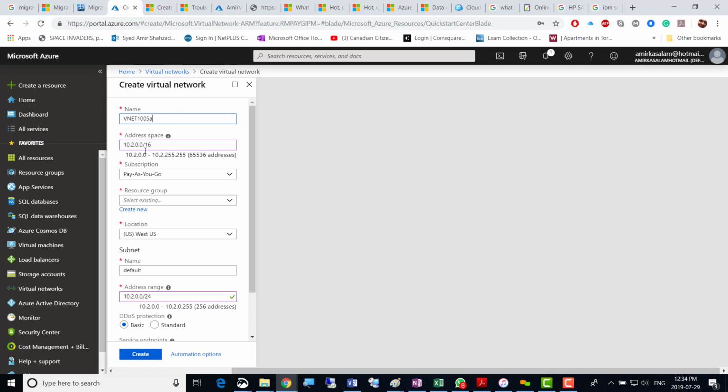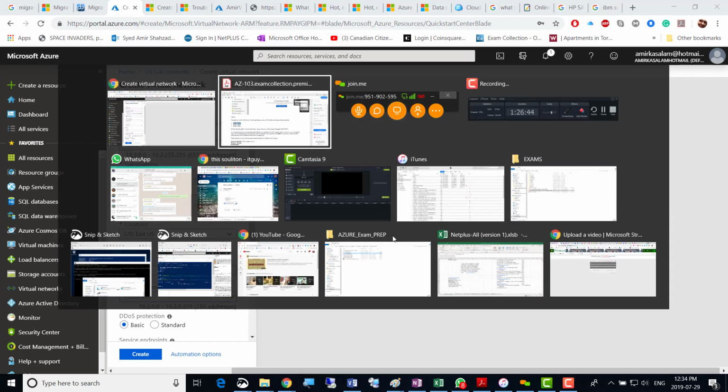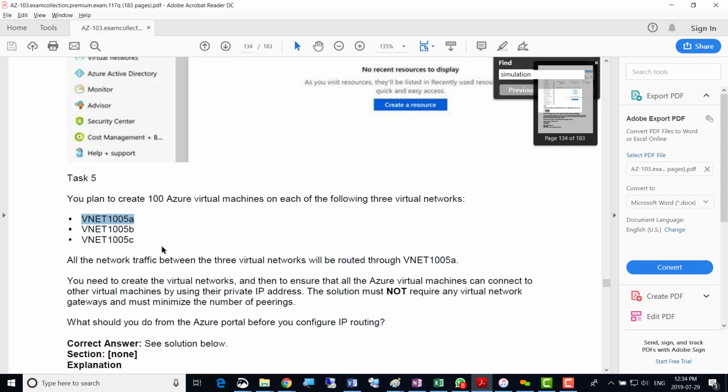105A, and the traffic is this, and today's resource group is this, and then East US, right? So basically we need to peer 1 to 2 and 3, but 3 will peer with 1 only. So it's not peering. If you remember our lab, peering can also resolve that, but this is IP routing. IP routing also definitely resolves it, but the thing is that the lab we did was